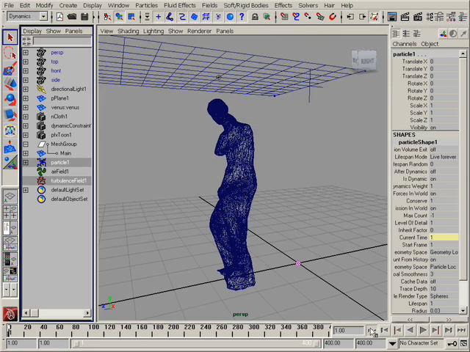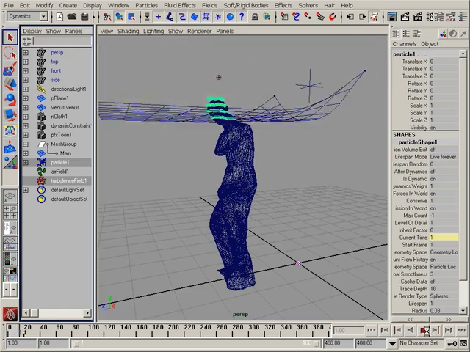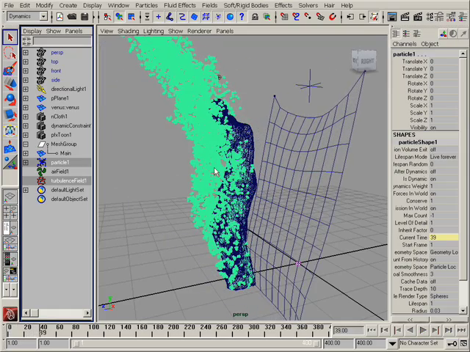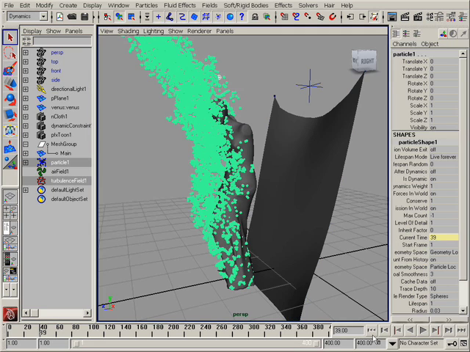Then I can see the particles, and they are influenced by the air field and the turbulence field, and this nCloth object is untouched by any fields. So now we have an animation